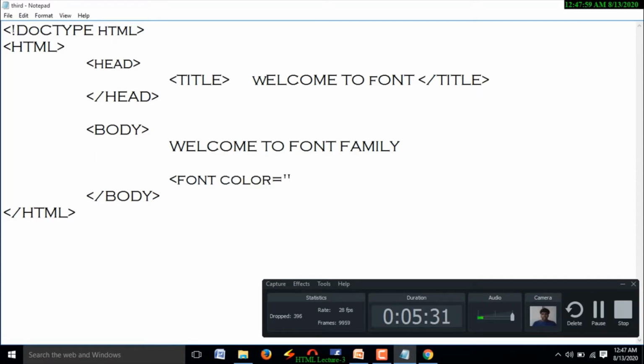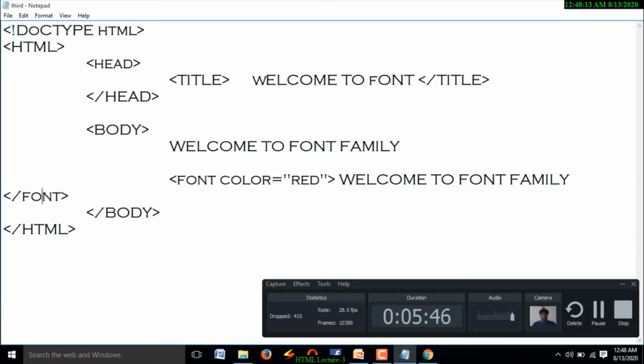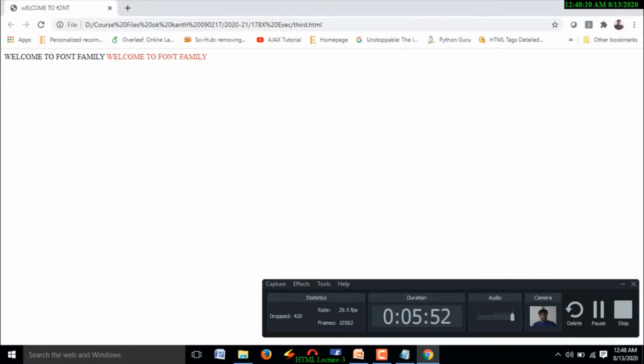Here color is red, assume like this, and the content is welcome to font family. And after completion of this content I am going to close the font tag. Yes, and save this file, execute it once again.